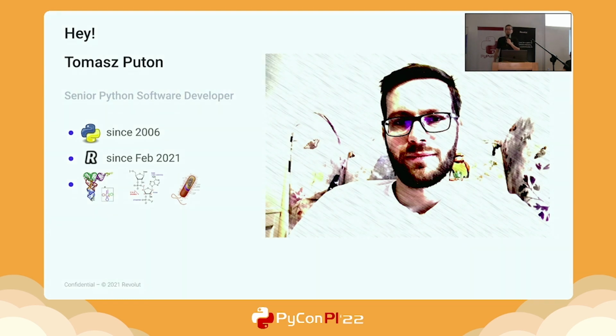So, I'm Tomek. I've been working here since February 2021, but in general, I've been working in Python since 2006. Initially, I used Python mostly in research and academia, analyzing sets of biological data. This field of science is called bioinformatics. But after leaving research and academia, I moved to regular software development. In general, I would say that since 2013-14, I'm mostly a regular Python developer working for different companies.